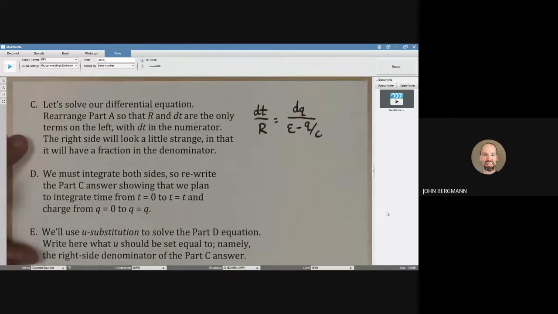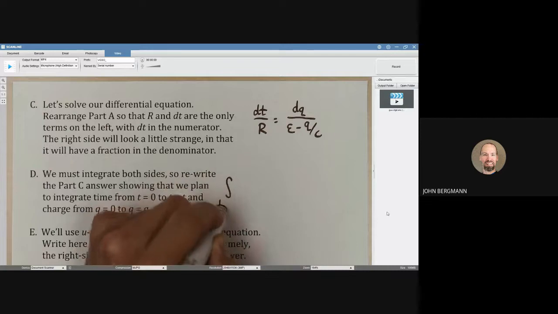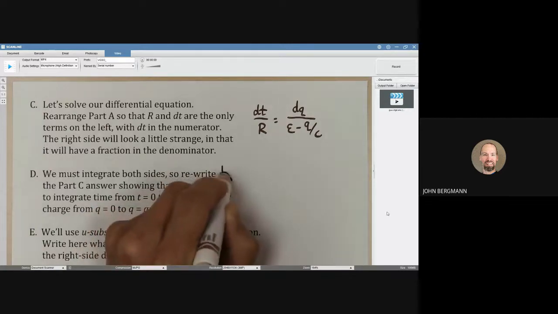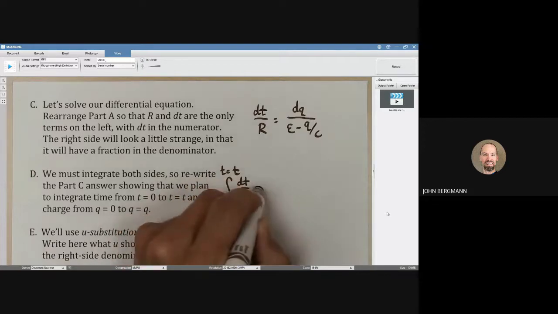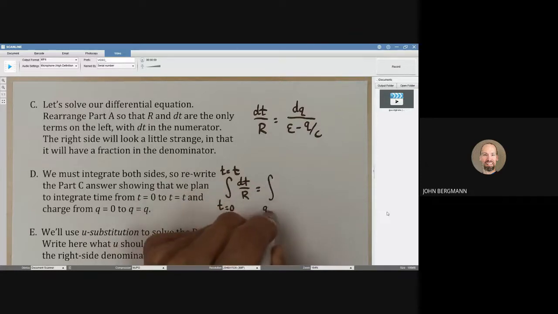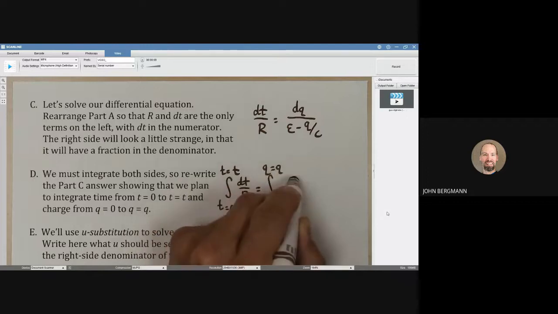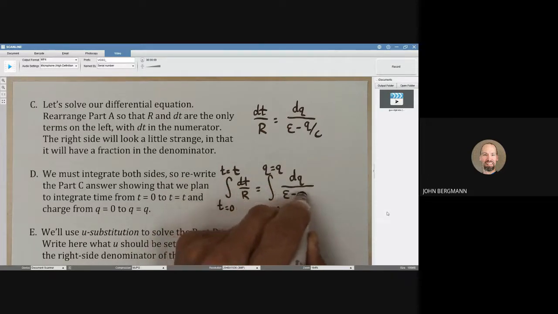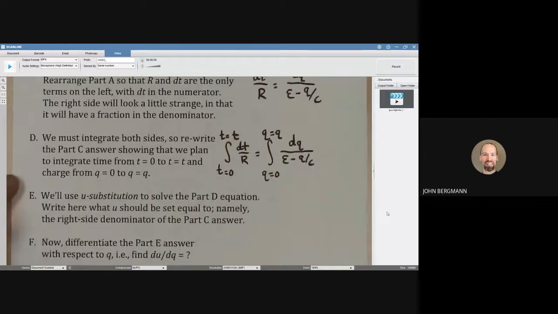We're going to integrate both sides here. We're going to integrate the left side with respect to time. We're going to go from time equals 0 to some later time t, dt over R. And on the right, since we're charging this capacitor, the initial amount of charge is going to be 0. Later, it's going to have some non-zero amount of charge, dQ in the numerator, epsilon minus Q over C in the denominator. All right, we're going to use u substitution to solve this, and u is going to be the